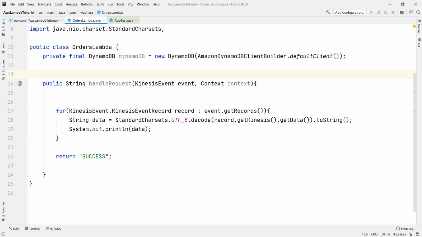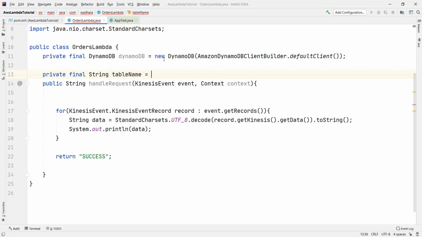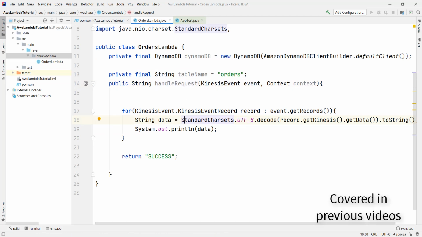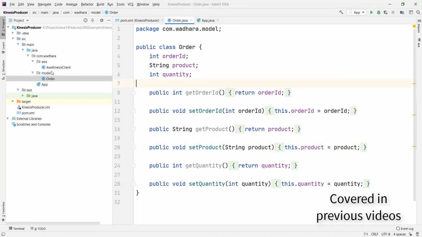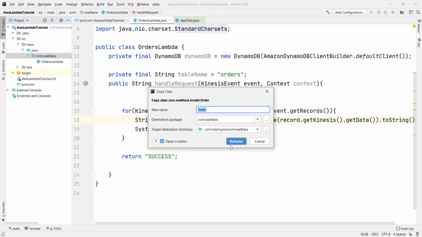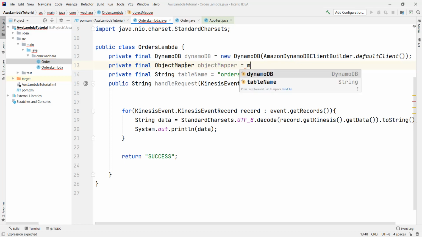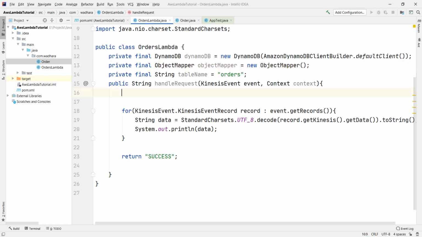Our table name is orders. I'll copy my order entity from the Kinesis producer workspace. I'll create an object mapper instance. Now I'll call the table.